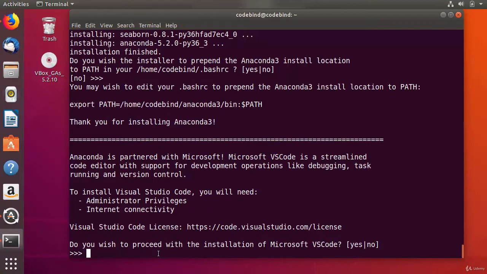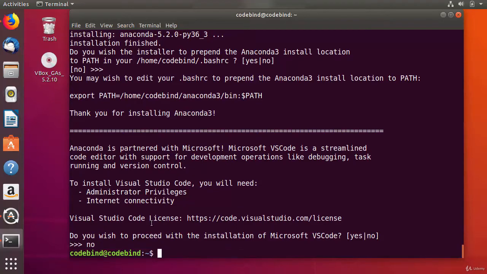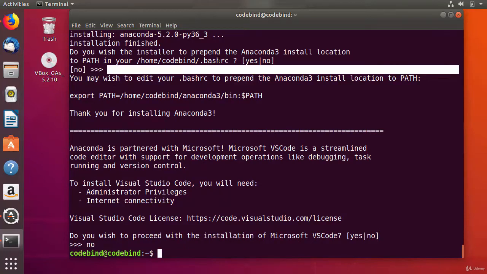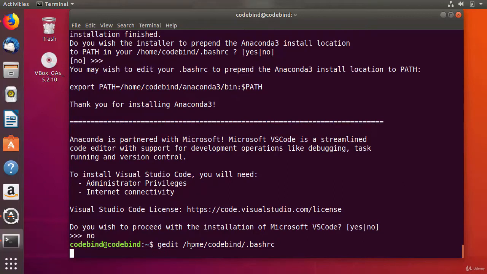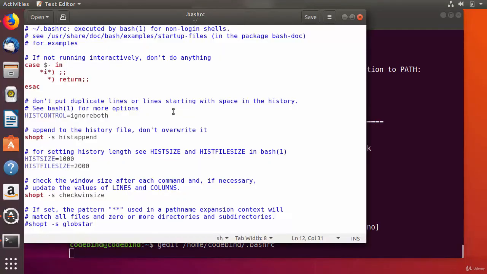So if you want to install Microsoft Visual Studio Code, you can type yes, otherwise you can type no here. In my case, I don't want to install Microsoft Visual Studio Code, so I type no here, and then I come out of this terminal. But still, because I haven't typed yes here, I need to open this .bashrc file. So I'm going to copy this path, and then write gedit here and the path which I have copied, and then press enter, which is going to open my .bashrc